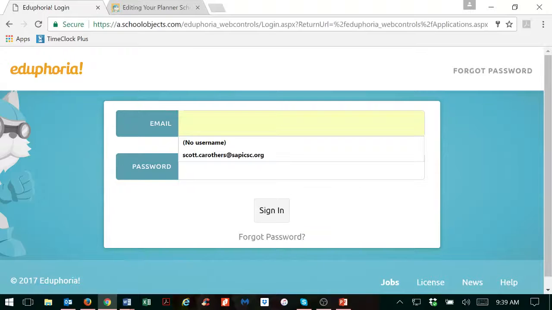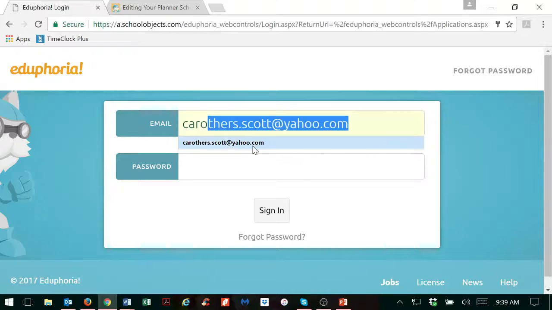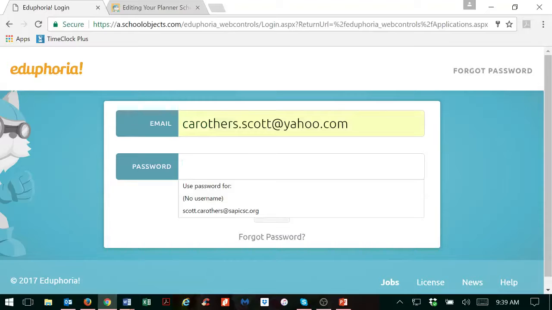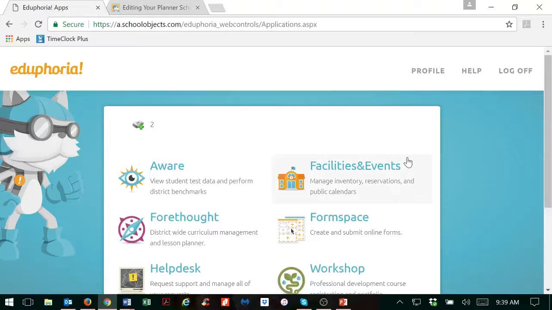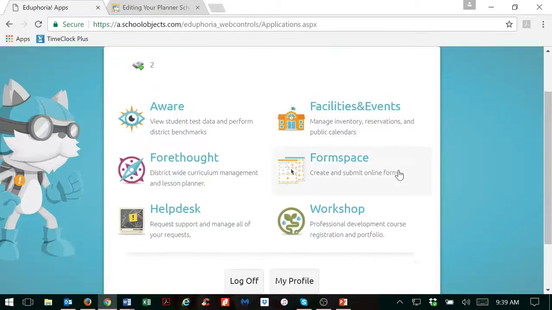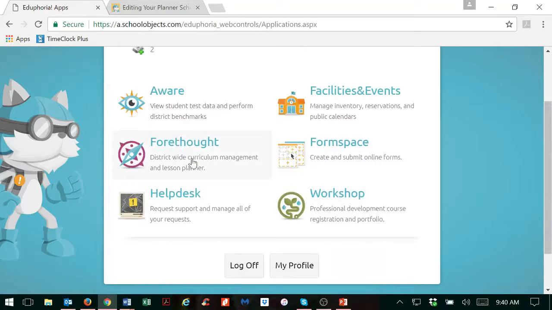Your sign-in is your email, so I'm going to sign in with my test email where I have been set up as a teacher so I can demonstrate. Put in my password and click sign in. Remember, you're going to wind up at this landing page. We're primarily working in Forethought, but today, before we even get into Forethought, we are going to do one thing